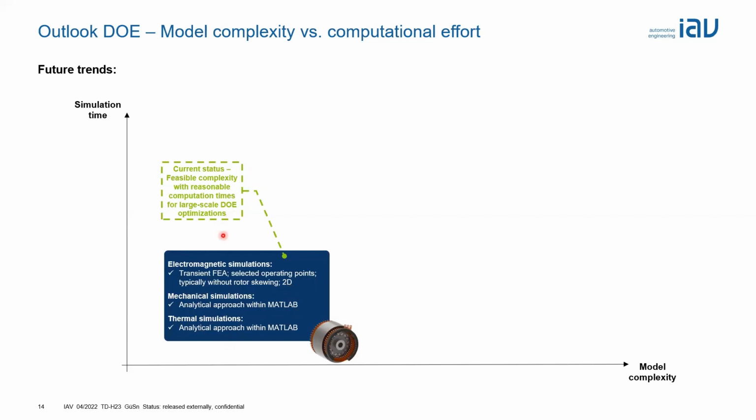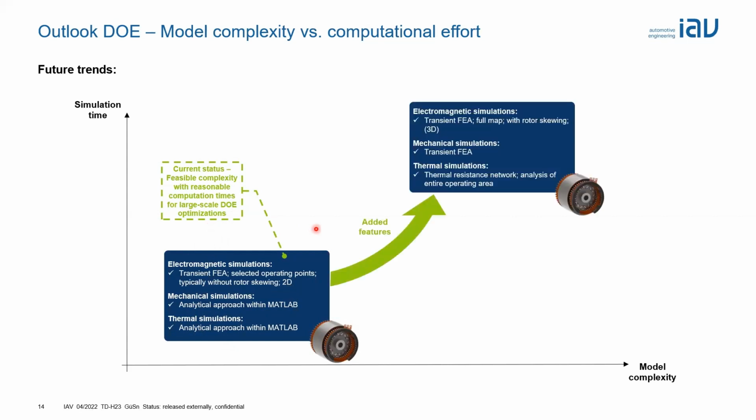So this is the current status with a reasonable computation time for large-scale DOE optimization. Of course, it's also possible to add several features. For instance, having a full map transient FEA for the electromagnetic simulations with rotor skewing and maybe even 3D. And it is also possible to add mechanical simulations based on transient FEA and thermal simulations based on larger thermal